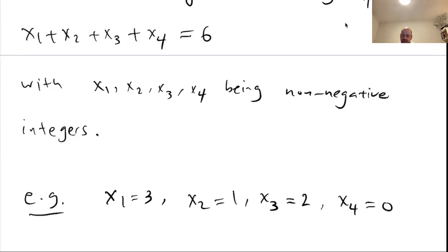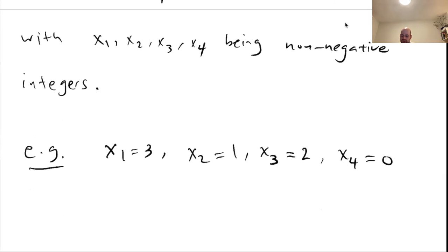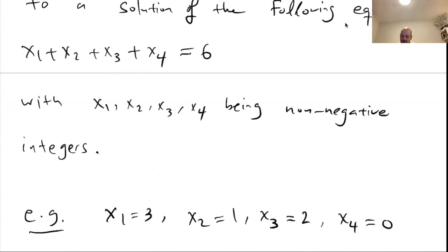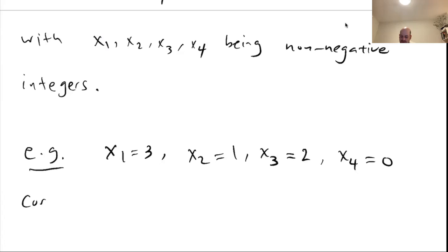This is a solution for this equation because 3 plus 1 plus 2 plus 0 is 6. And this solution corresponds to one choice of choosing 6 fruits. Why? Because when we say x1 equals 3, x1 denotes the number of oranges. So this corresponds to